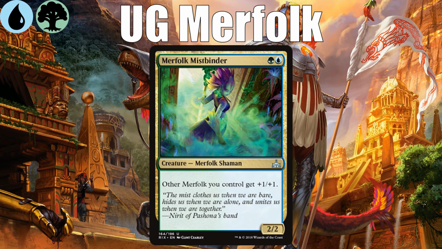So, at blue-green, our signpost uncommon is Merfolk Mistbinder, which is a Merfolk Lord. It doesn't really try to do anything fancy. You may remember that in Rivals of Ixalan, there was a +1/+1 counter sub-theme, and that's still here, but it's even more minor. It's now more just about playing as many Merfolk as you can, and Merfolk Mistbinder sort of